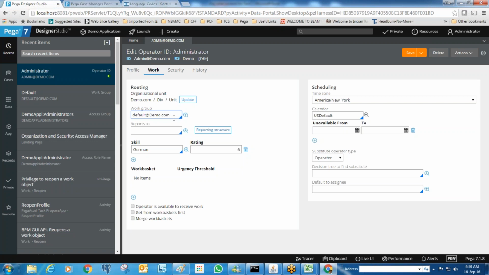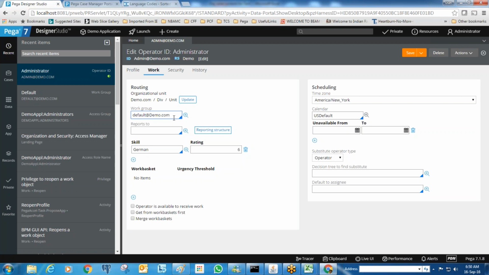To identify your manager, we generally configure the work group, because during the processing of your application, let's say companies are providing loans for the employees. When you apply for a loan, you need to get approval from your manager. So when you log in as an employee and apply for a loan, the work should be routed to the manager.